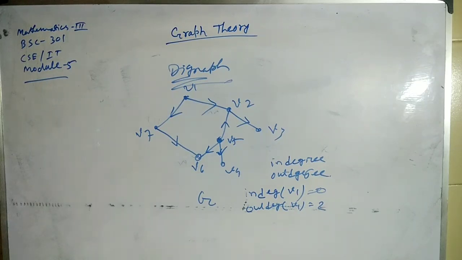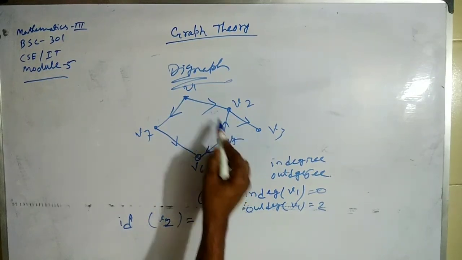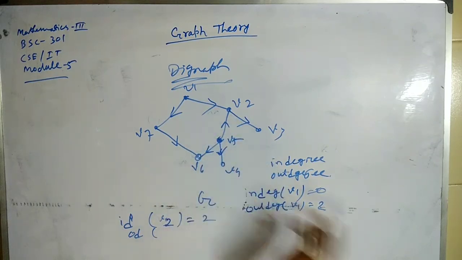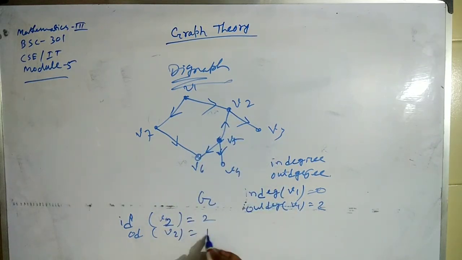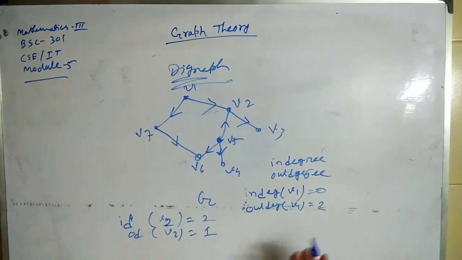Okay. So I'm showing you another example. If you take V5, there is no in degree here also. If we take V2, the in degree of V2 is 2, since two edges are going into V2, and the out degree of V2 will be 1, since one edge is going out from V2, and 2 plus 1 is 3. So now see, if we remove the direction, the degree of V2 is 3. So in degree plus out degree is equal to the degree of the vertex corresponding to that undirected graph.